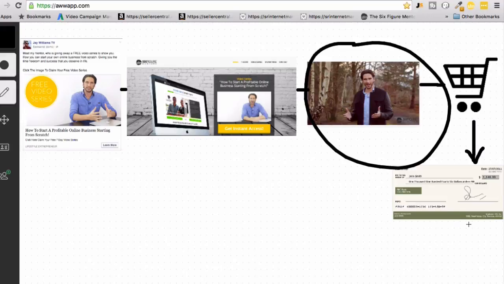So where do you put the Facebook pixel? Well, the Facebook pixel always goes on the page after the intended action. So if I have a lead here, so they enter their name and email address here, it always goes on the thank you page, so the page after the page where they've taken the action. Let's say they go ahead and decide to buy here, so they go ahead and they check out. You will then have the receipt page here. We would then put the pixel, the Facebook checkout pixel, on this page here,